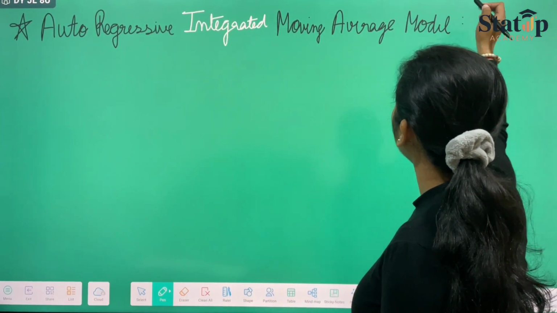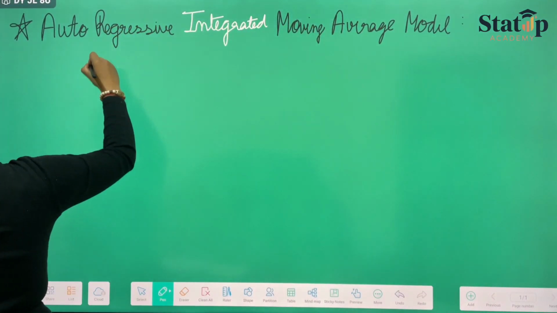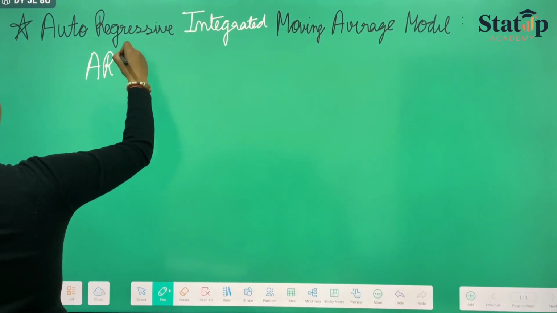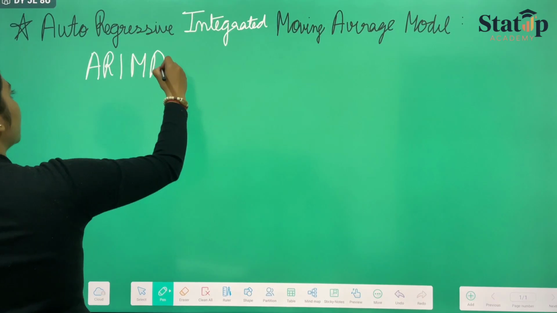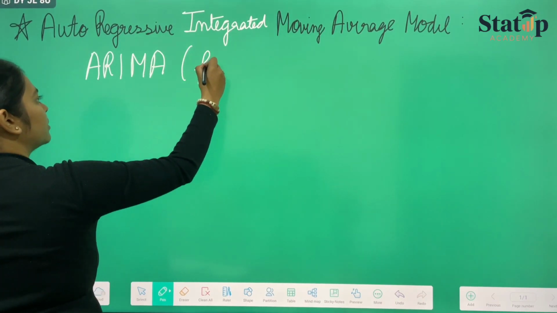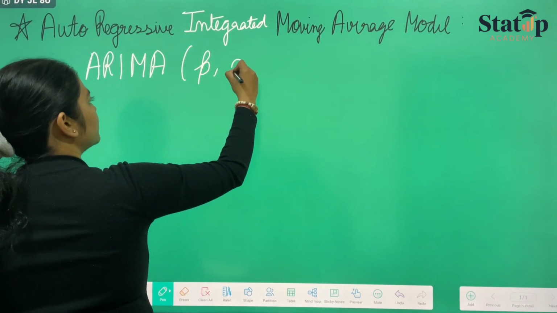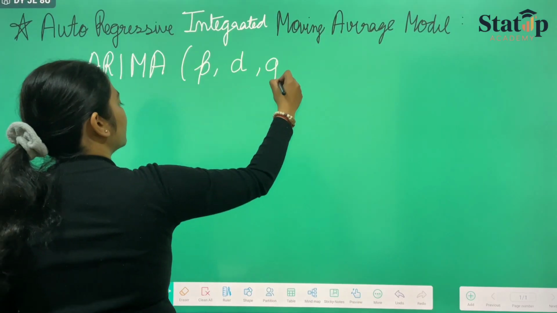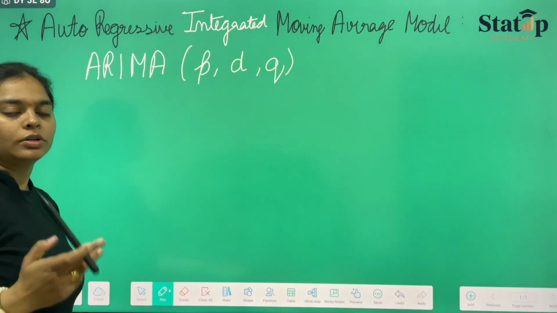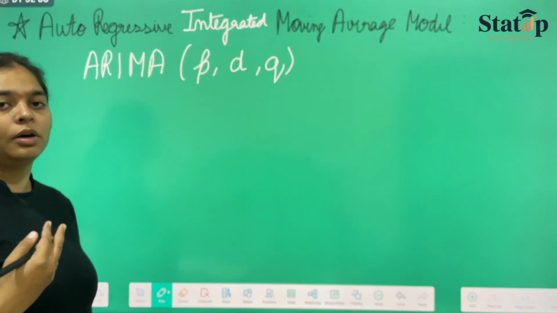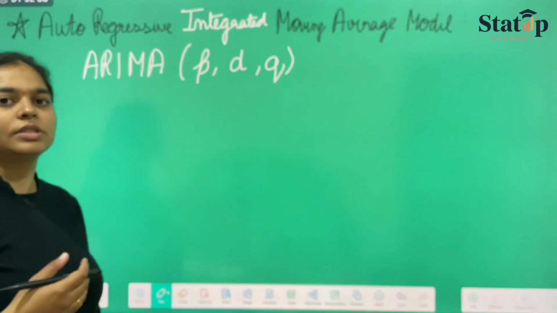This is also known as the ARIMA model, and is represented by three orders P, D, and Q, where P is the order of the autoregressive series, D is the order of differencing, and Q is the order of